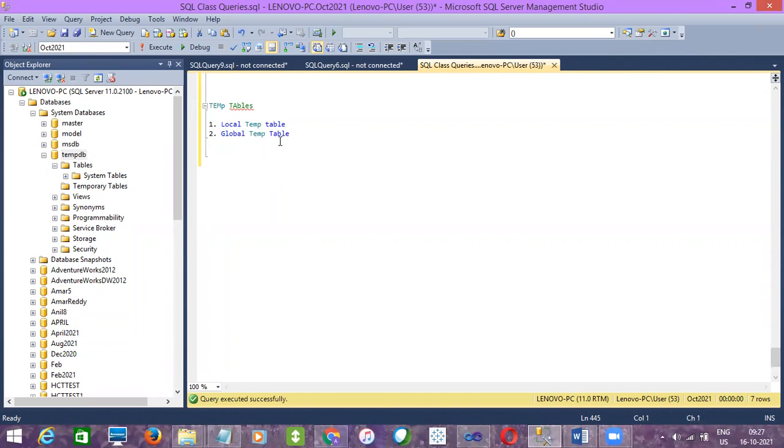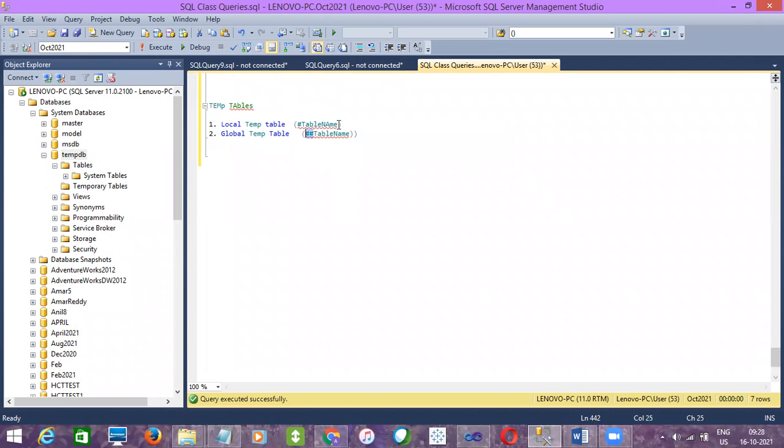A local temp table is created with a hash followed by the table name. A global temp table is noted with a double hash followed by the table name. While creating, we give the table name with a hash for a local temp table, and a double hash for a global temp table.